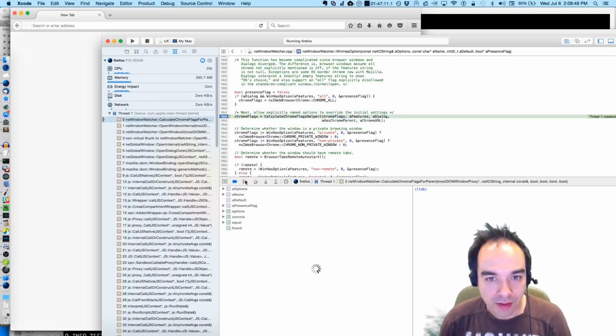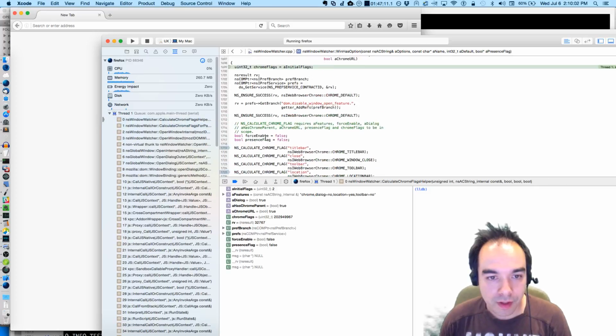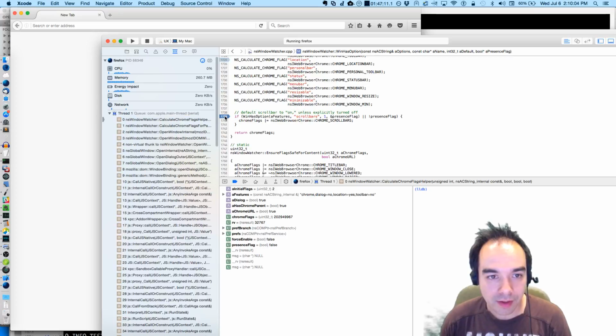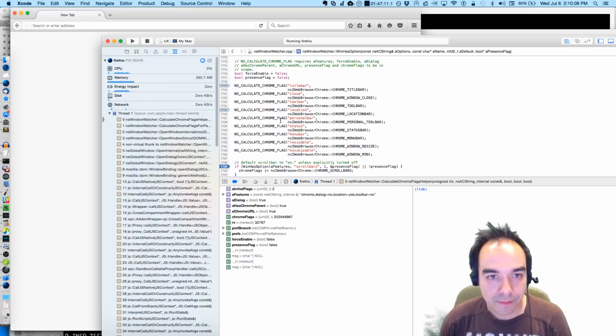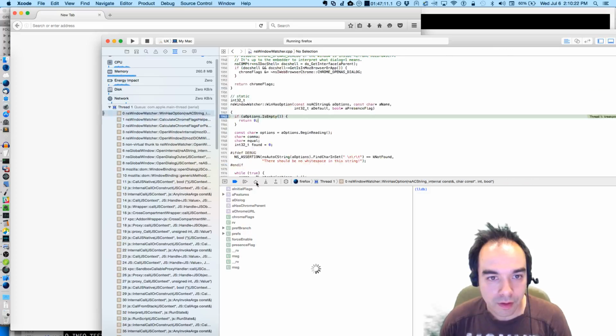So one thing I want to know is whether or not we calculate this correctly. Presence flag is false. Title bar.